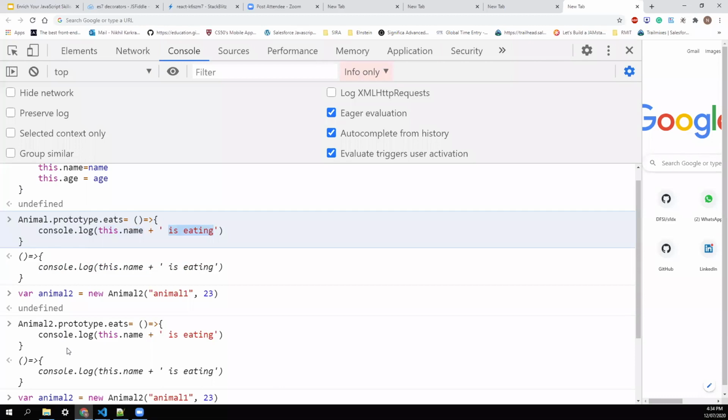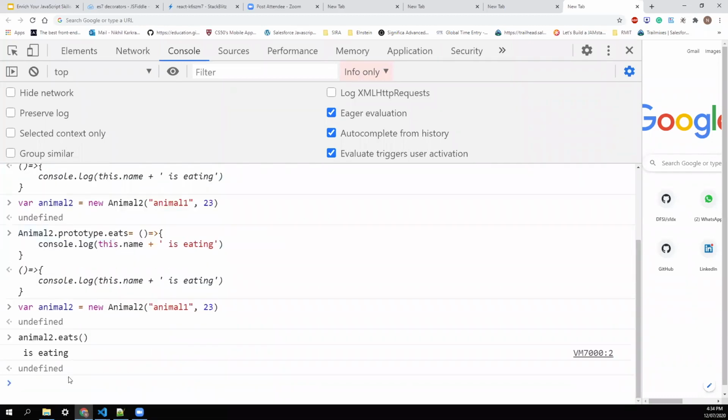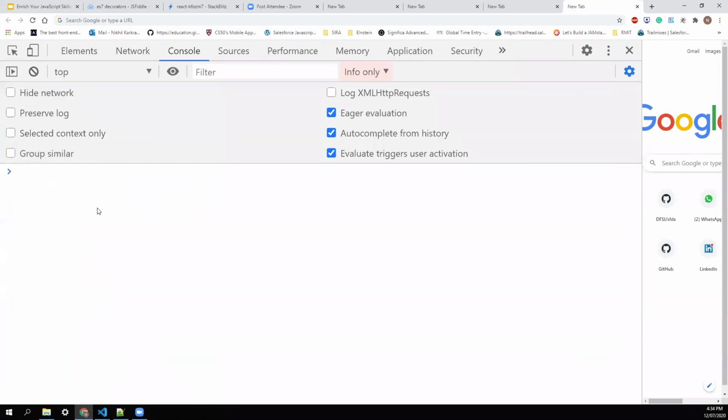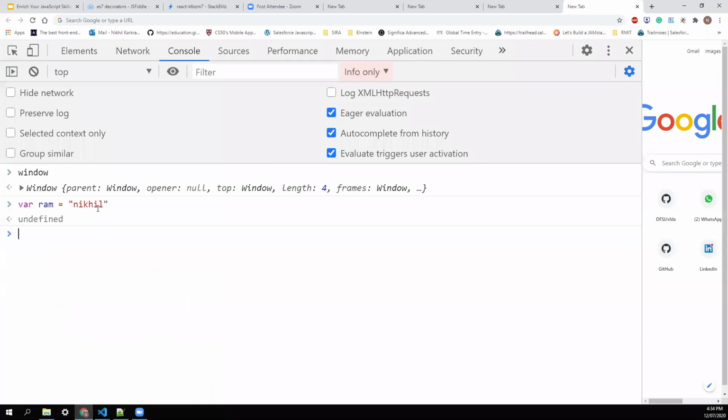So it means that every time we use an arrow function as the outer function, this will always point to the window object. Yes, that's correct. Okay, thank you. Because, as I said, everything is window here in global. If I set a variable ram to something, and now I want to access it, this ram is automatically attached to the window object.